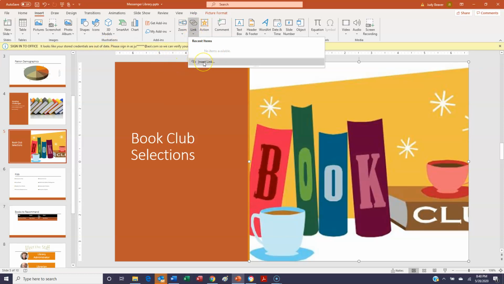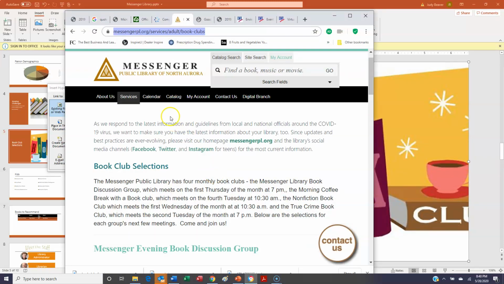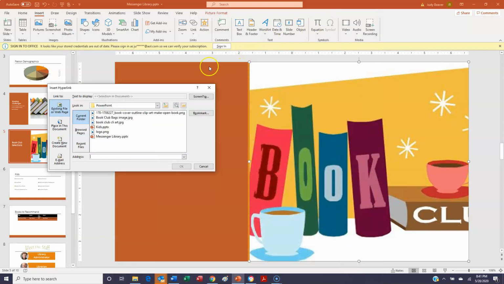So I can do Insert Link and then just go back to the website, and just copy there we go. So do a Control-C to copy, minimize it,